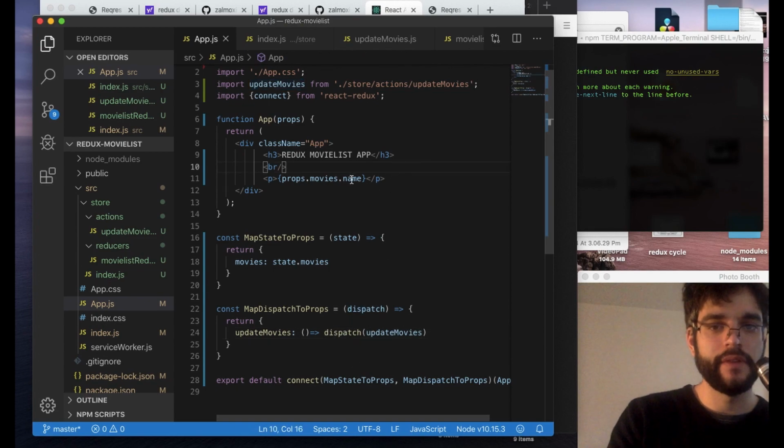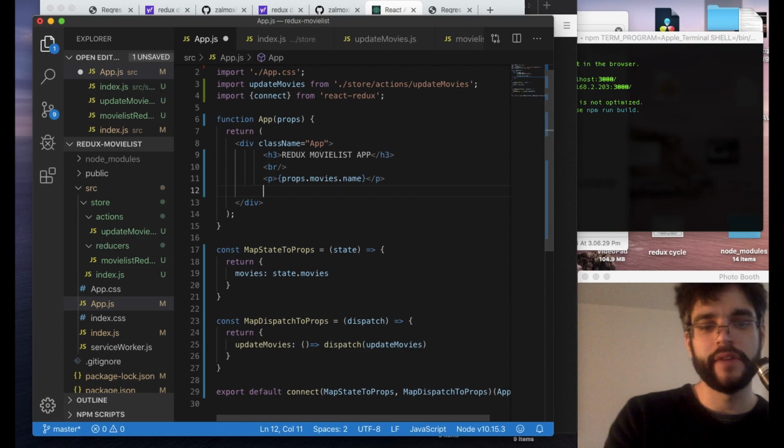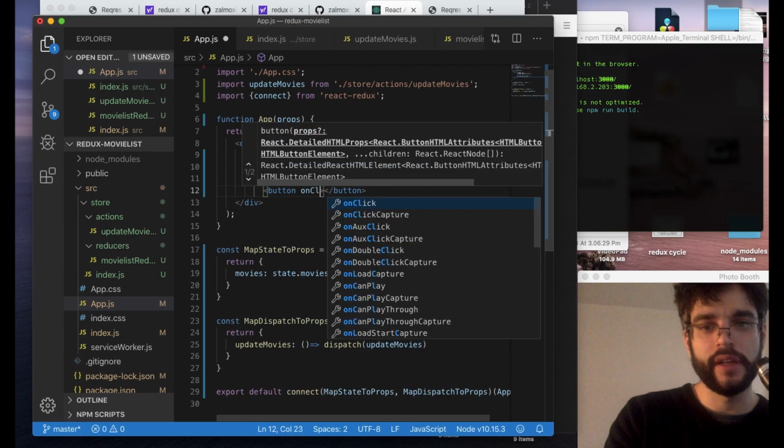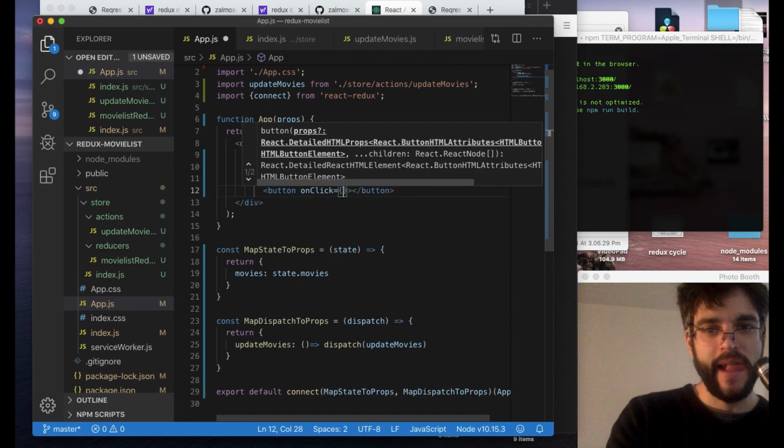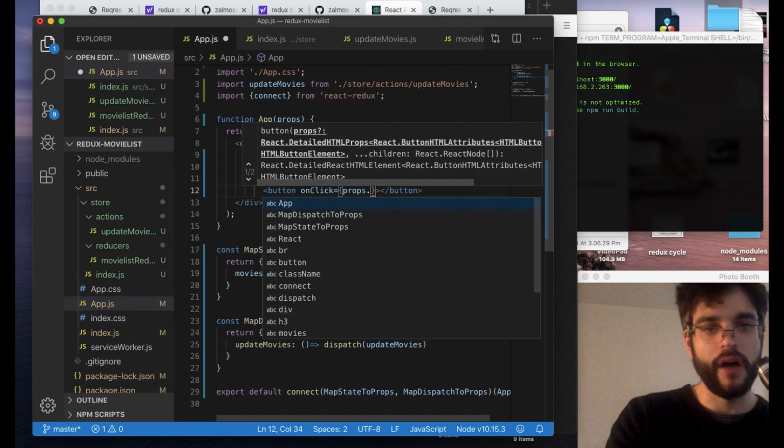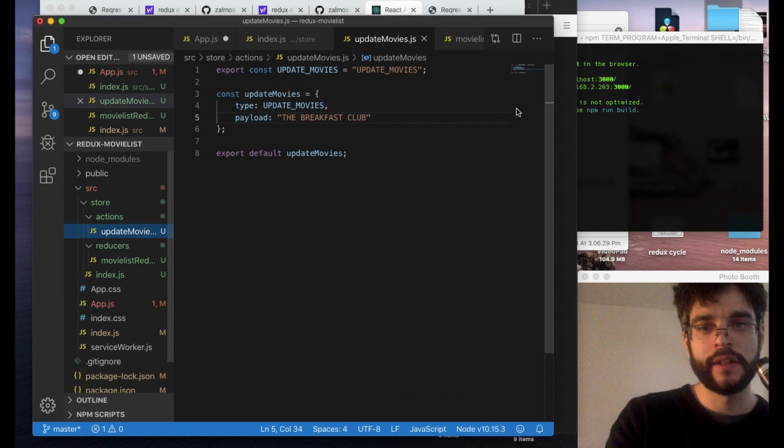is underneath, let's say underneath our p tag over here, let's make a button that's going to have an on-click event. And here we can use our props dot, what do you think we should use, or what are we using in order to update the movie? Because remember, in our actions, we want to update this movie. We have the Terminator, but we want our users to be able to access the next movie, The Breakfast Club,